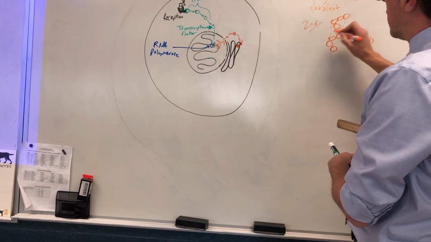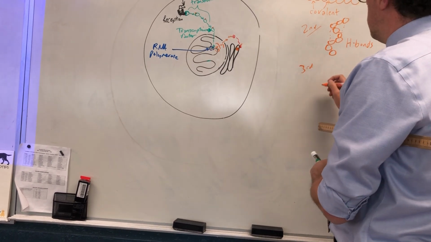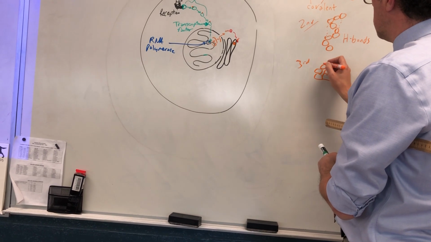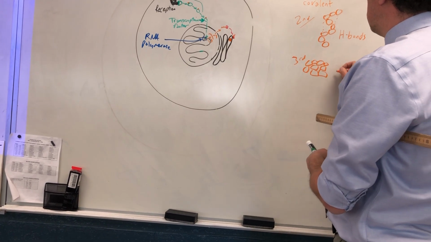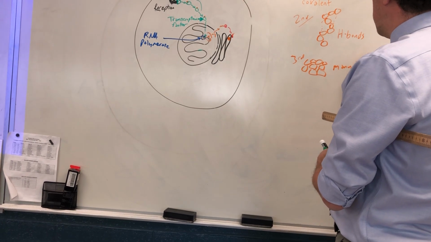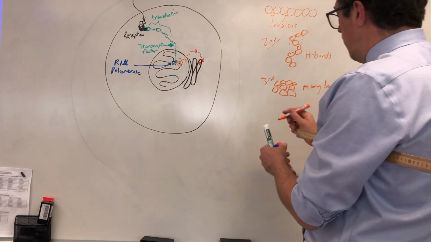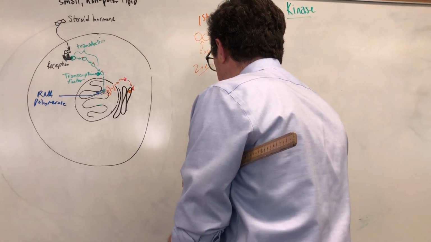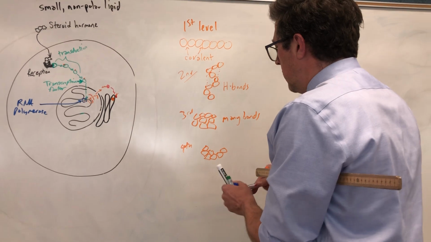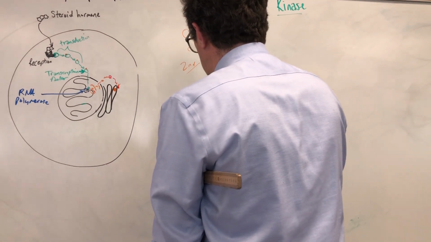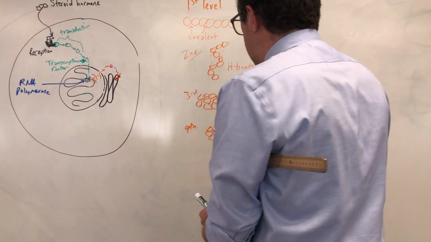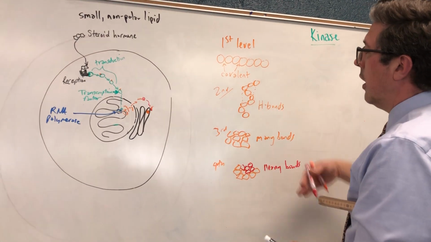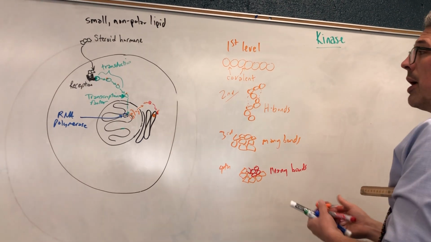These are polar attractions. And then third level, this is now going to fold up into a more complex structure, and that's many bond types. And then fourth level, this polypeptide is going to link up with another polypeptide, again, due to there being many different bonds. Anyway, that's a brief review of the 4 levels of protein structure, but now we have a finished